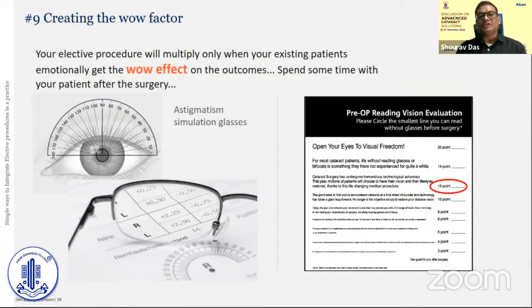You can again simulate in the trial set a similar kind of astigmatism that the patient has, and you say that this is what your eyes were earlier. Now remove the trial set, and this is what it is at this point in time. This is what we've done with this new technology. Or the one that you see on the right-hand side, which you can do with almost every patient, is the